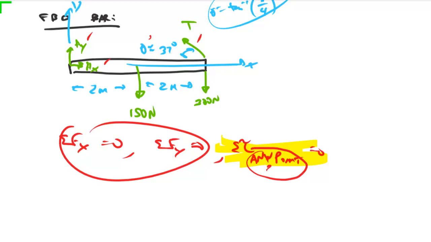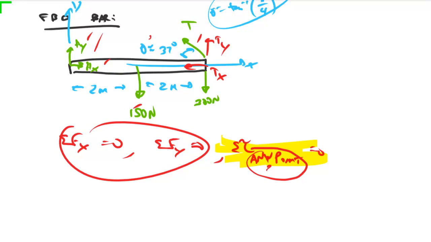So I can take the sum of the torques around any of these points. I can take the sum of the torques around a point here, but that one's just algebraically inconvenient, right? Because I have a lot of forces to consider. I've got to consider the 150, the 300, the Hy, the T, which actually I'll break into a Ty and a Tx. So actually Tx and Hx go through that point. I wouldn't have to consider those, but